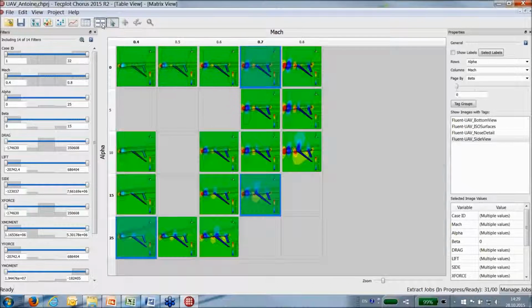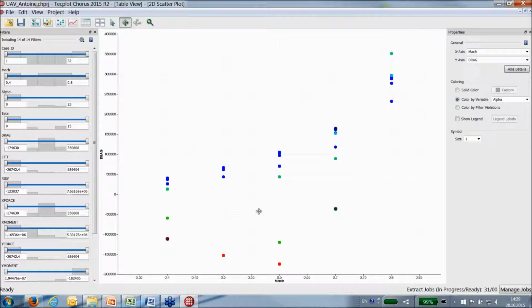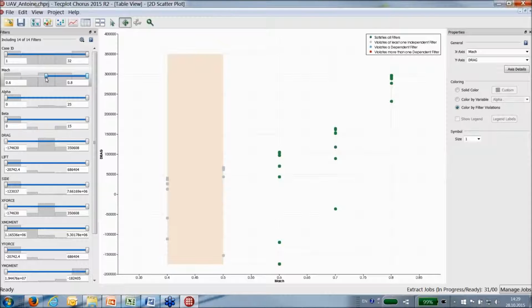So back to Chorus, you have different views. You also have XY line plots, 2D scatter plots. Here I've got Mac versus drag, for example, and it's colored by alpha variable. There is a new feature that is basically the filter violation. If you are using filters here, we'll just take the Mac, that's going to be very obvious. Here I'm excluding those values, and for example, I'm excluding a few alpha values, and